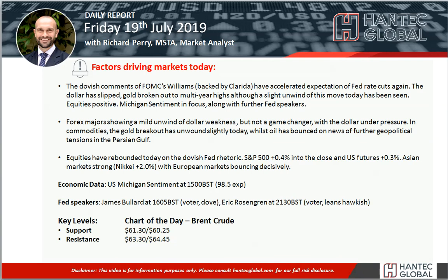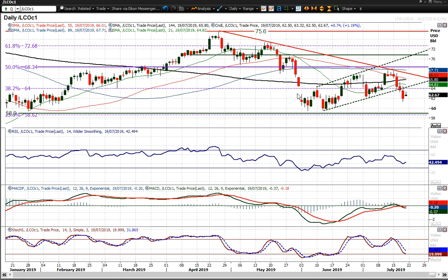Right, so my chart today is Brent Crude. As I said, Brent Crude oil made a big breakdown yesterday, and you can see that on the Brent Crude chart, closing decisively below that earlier July low at $62.10. A rebound today, but having decisively broken down below the old uptrend channel. MACD lines have crossed lower, stochastics are moving lower,